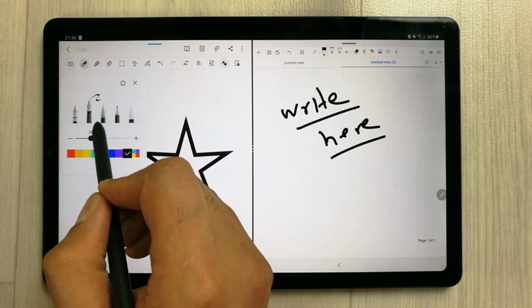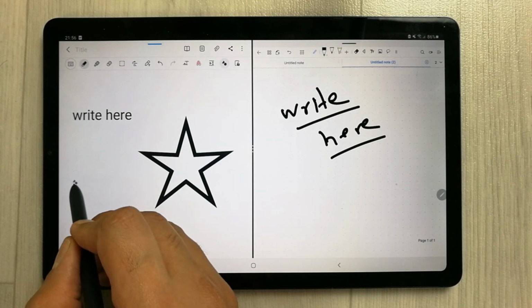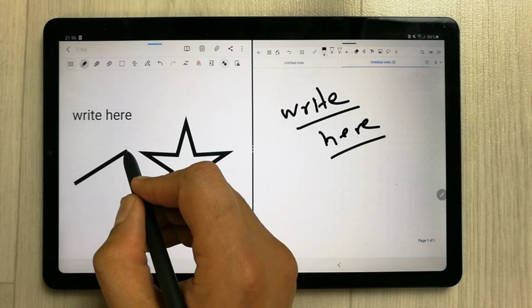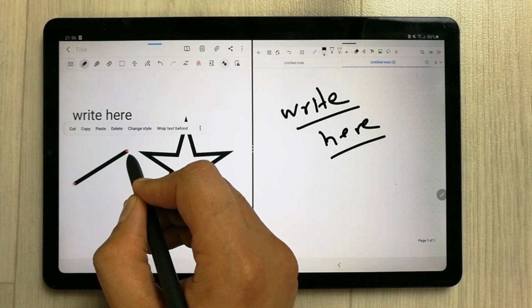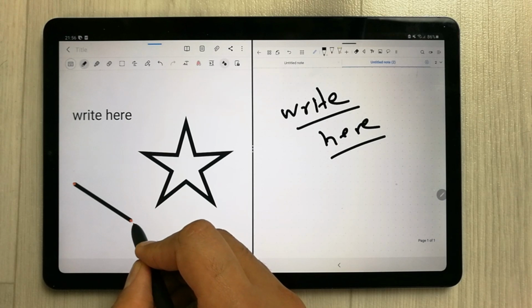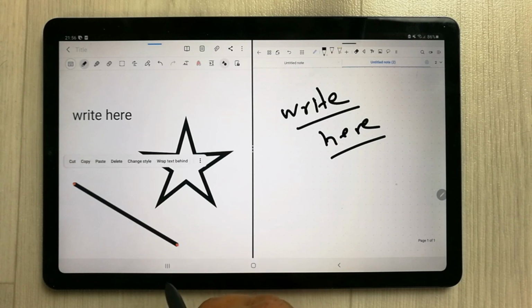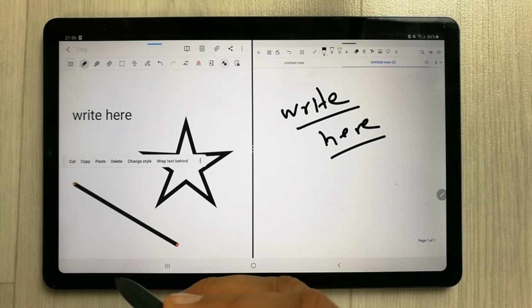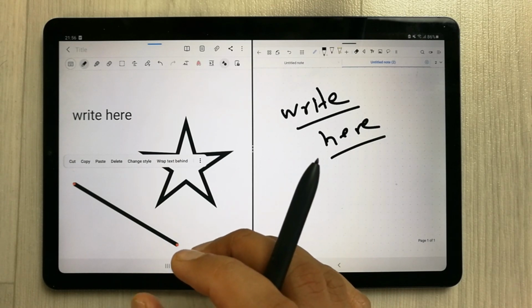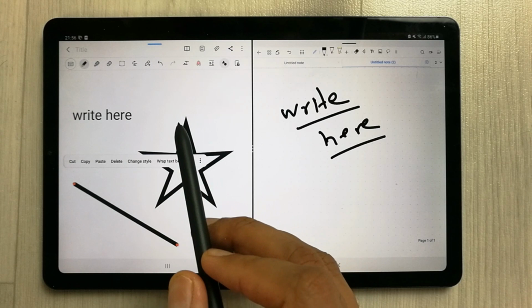So for example, I use this line, and now if I want to change its position, I can change it like this. If I want to extend it, I can also extend it. So there is a lot you can do. You can also rotate it, and you can create mind maps with the shape tool in Samsung Notes.